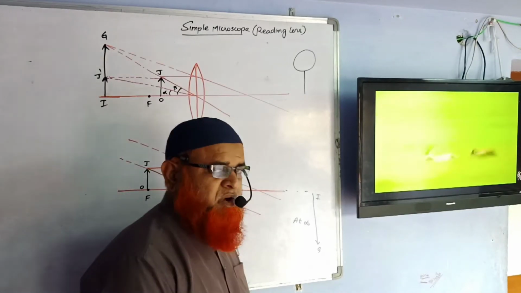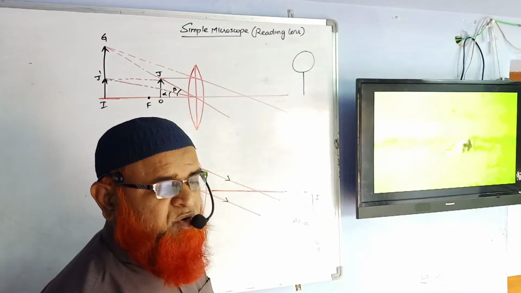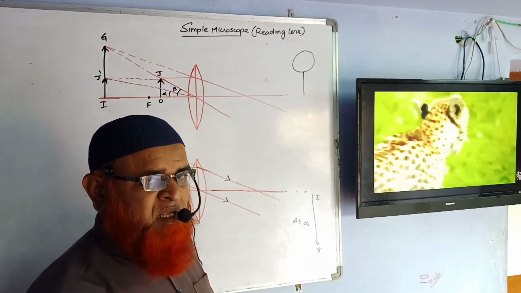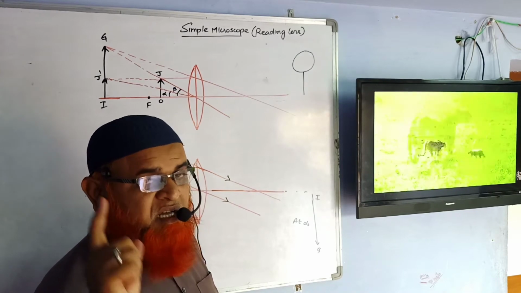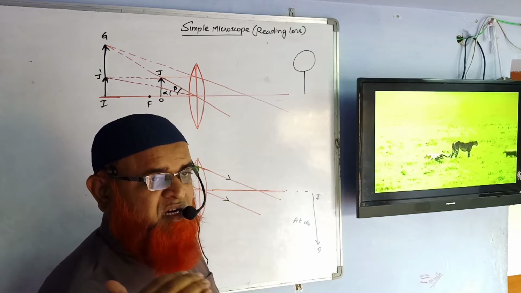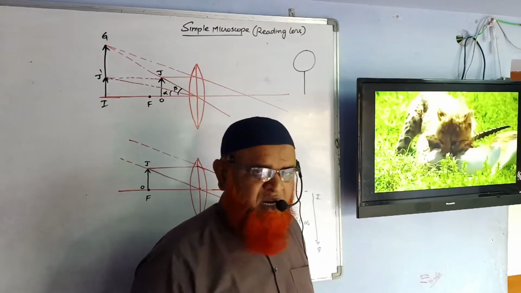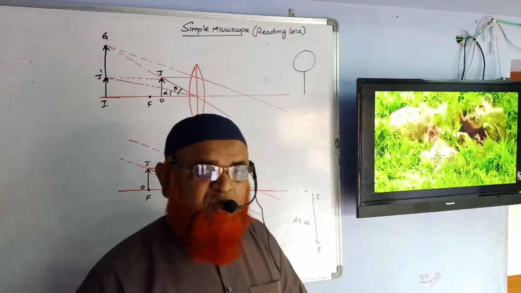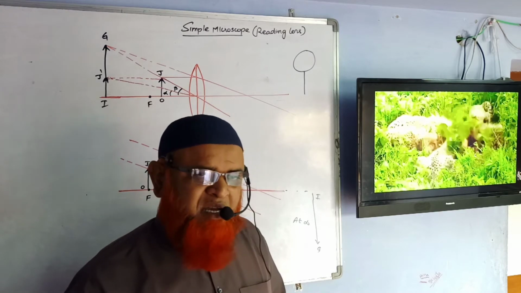Mostly when you are writing NEET, this light chapter is very important for you, because when you become an eye specialist, you are definitely dealing with lenses. If you become a dentist, then you are dealing with a concave mirror and convex mirror, because the dentist sees the teeth with the help of a mirror only. He keeps a mirror inside your mouth, because he cannot sit in your mouth, and he judges what is happening, how much your teeth are going to be damaged. So that is called a mirror and a lens.